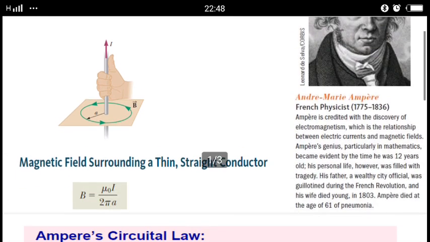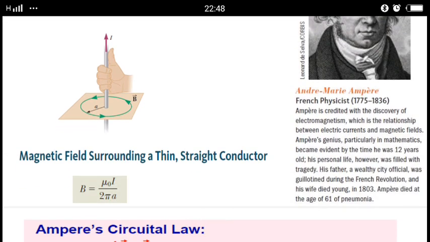So coming to the figure, you can see it is observed that because of the wire symmetry, the magnetic field lines are circles concentric with the wire and lie in the planes perpendicular to the wire. The magnitude of B is constant on any circle of radius a and is given as B is equal to mu naught I upon 2 pi a, where a is the radius of that Amperean loop and I is the current flowing through it.